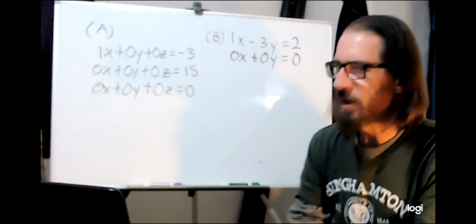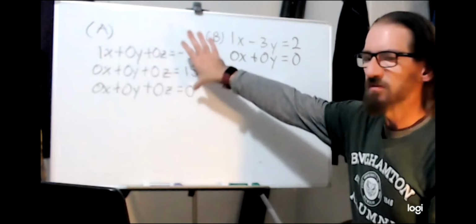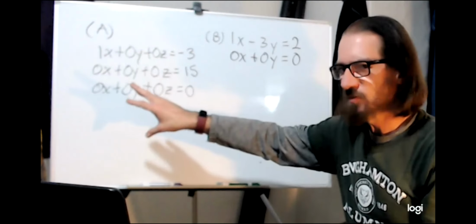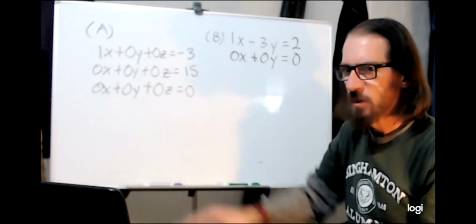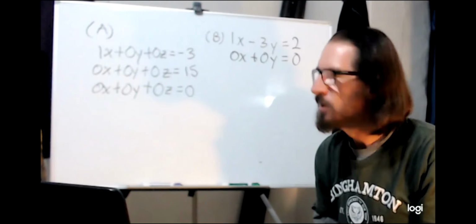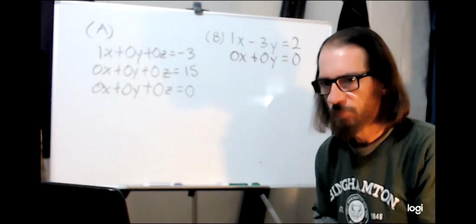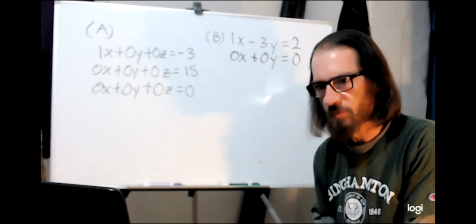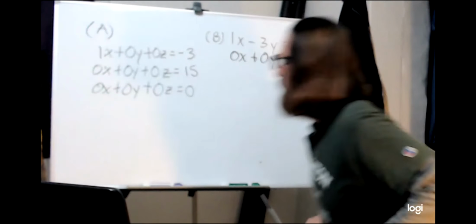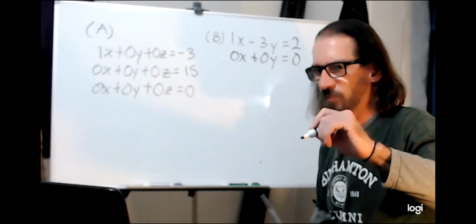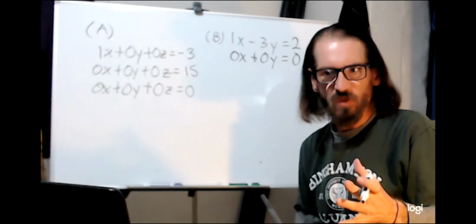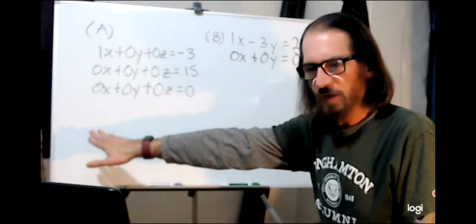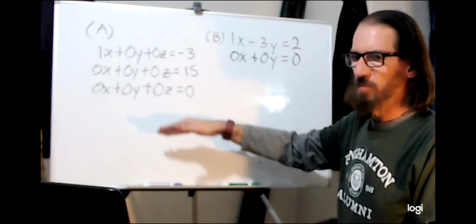In the first one, besides the augmentation column, we had 3 rows and 3 columns, which means we're looking at the intersection of 3 planes, unless there are either no solutions or infinitely many solutions. And if I think of the first column as standing for X, the second column standing for Y, and the third column standing for Z, then I could translate back from the augmented matrix into this 3x3 system of